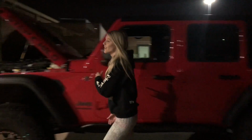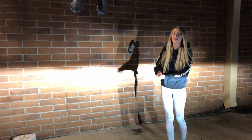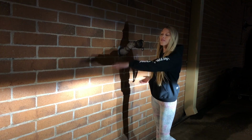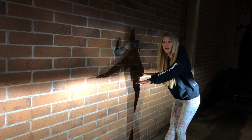From there, you now have an excellent reference point on that wall that you parked in front of. This is going to allow you to make note of where your headlights are currently aimed and allow you to aim them both equally from here on out. One thing you'll typically notice, and I want to point out real quick, is that your driver's side is going to be aimed a little bit lower